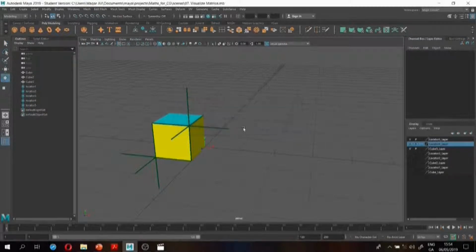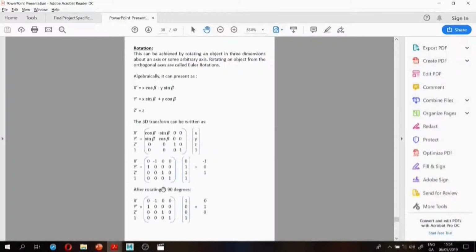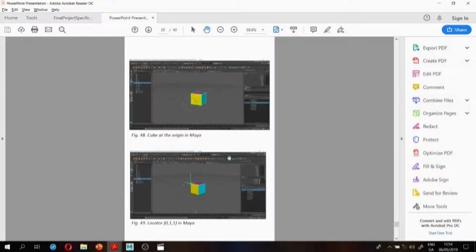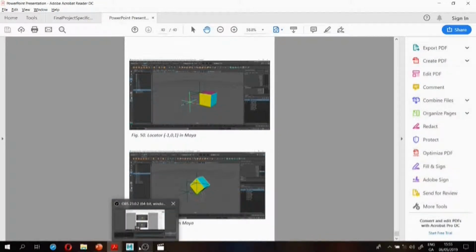Save our scene. Go back to our document. After rotating at 90 degrees, x dash will be 0, minus 1, 0, 0 times x y z, which is 1, 0 and then 1. So 0 multiplied by 1 will be 0, minus 1 multiplied by 1, 0 0, then 0 and 0. So 1 multiplied by 1 is 1. That's how you will get the 1 here. So it will be shown here so that you can rotate the matrix with the corner, and you can have another locator here showing that it's rotating from this point. So that's it for